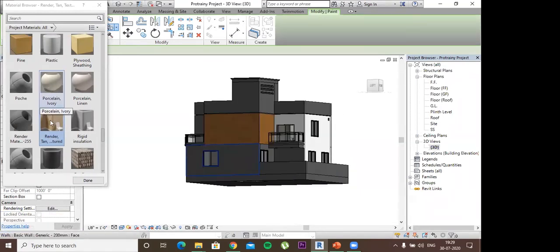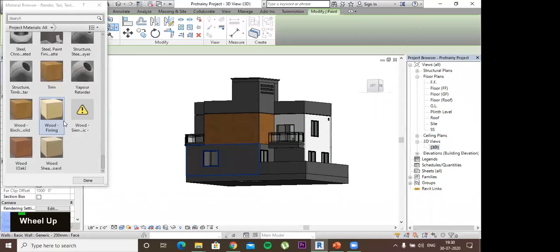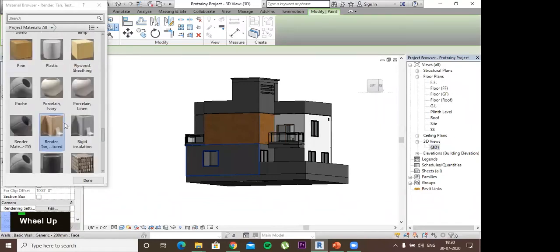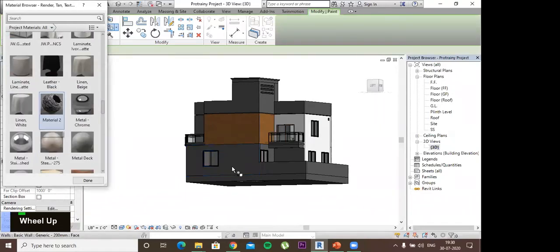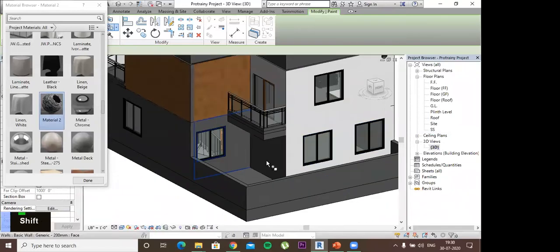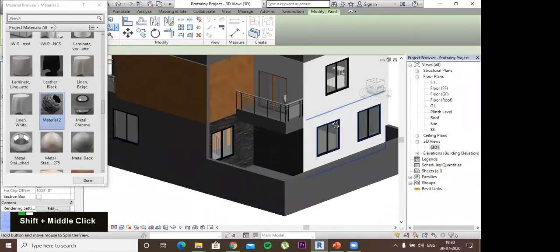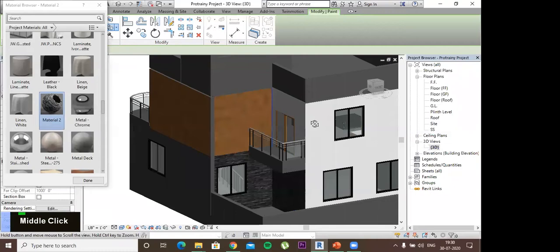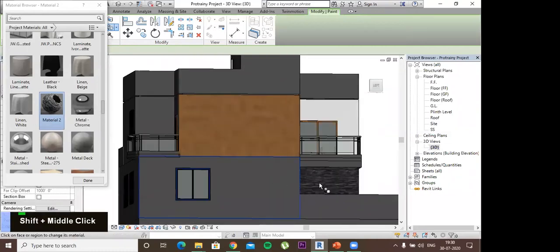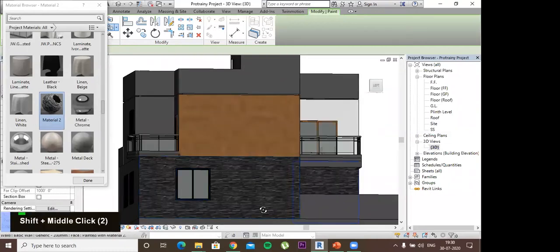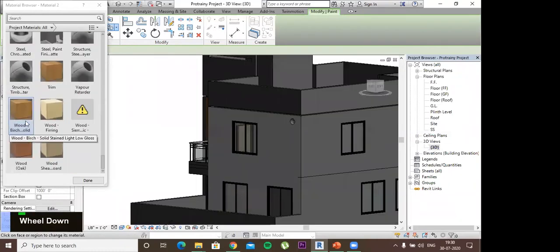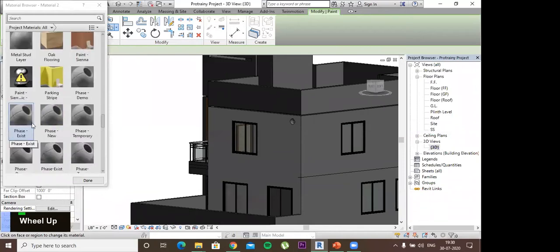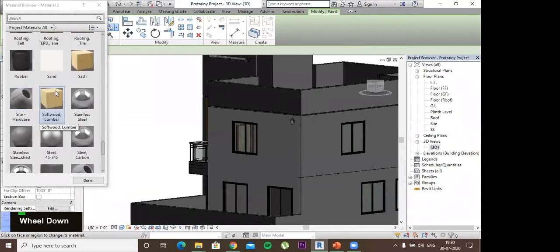Maybe this material which we have created to the front walls, like this. Here also maybe some wood type of material or wood type of finishing.